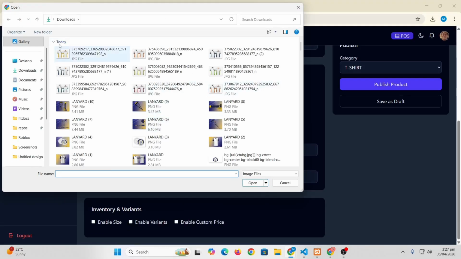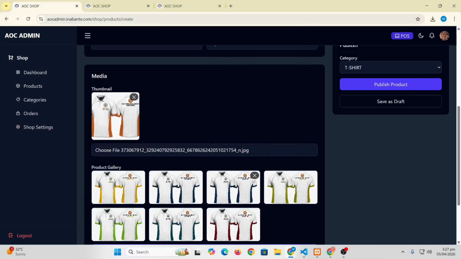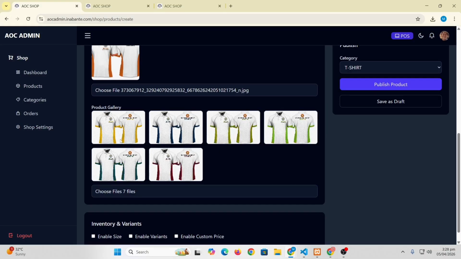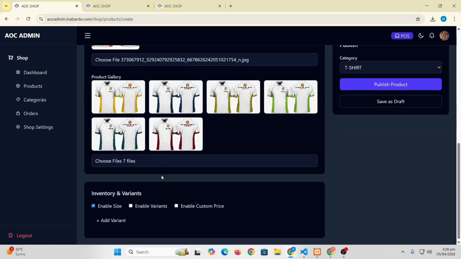For example, we have a lot of images, so we can select all of them. That one duplicates, so I'm going to delete this. So we choose 7. You can remove a product gallery image by hovering then pressing the X icon.